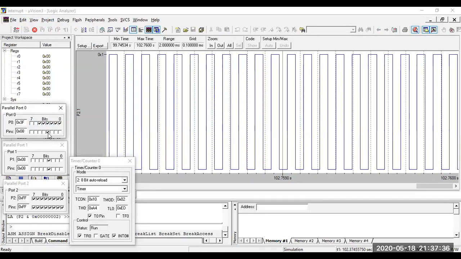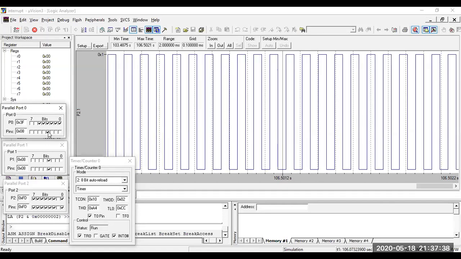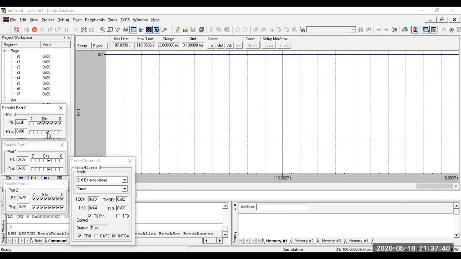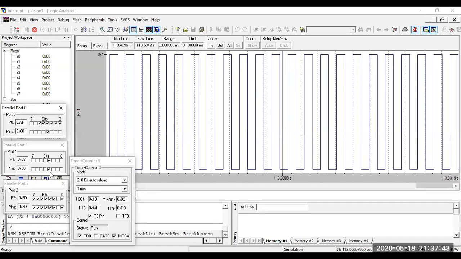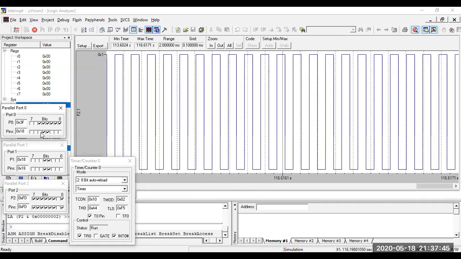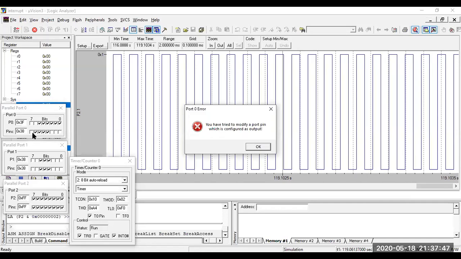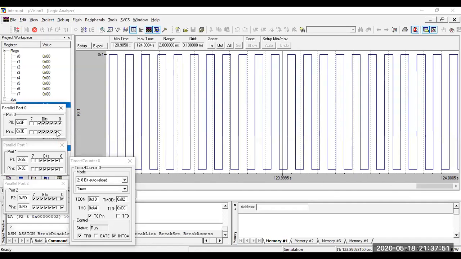Here pins are there, no? So port pins, here I'm making this as one. These bits are set. Whatever the pins I'm giving to port 0, you are getting at port 1 here.